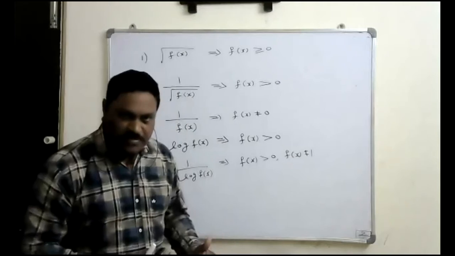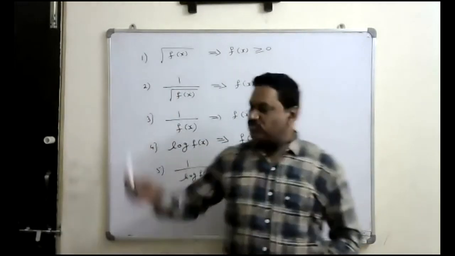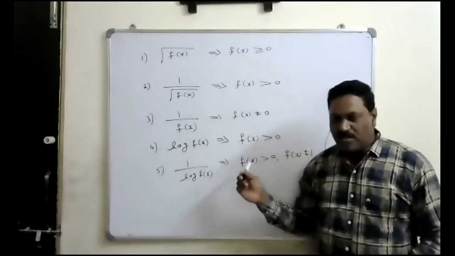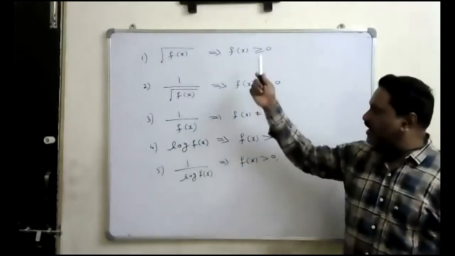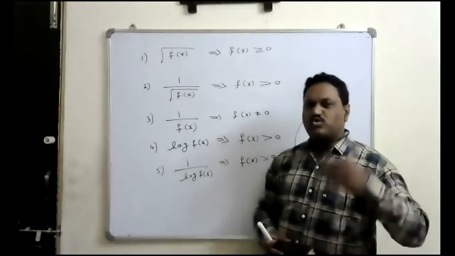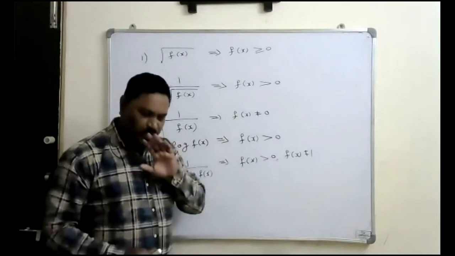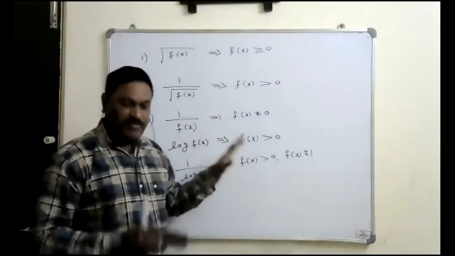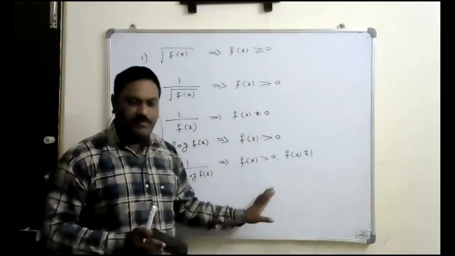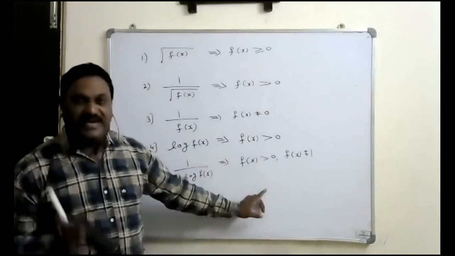Then we have to find the values of x which satisfy this condition. All this we do not need to remember, but remember this property of the function. As per the property, we have to write the condition, then find the values of x which satisfy it. Not only these functions, we will have many other functions also. For the given function, we should take the condition for which that function is defined. That condition we have to write first. Then we find the values of x for which this condition is satisfied. That is called the domain.